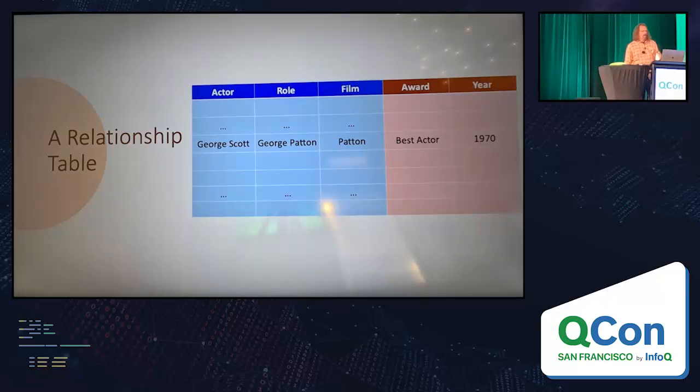Well, what is this thing that we built? This has been known to relational database types for a long time. I think in the 70s, Peter Chen came up with the notion of entity relationship modeling. And this thing that we've come up with is just a relationship table. It says there's a compound primary key of actor, role, and film, and then you have some attribute columns, whatever you want. So this thing that we invented is actually completely normal, well understood 40-year-old SQL.